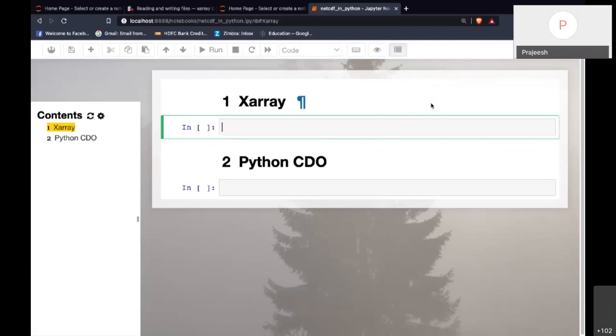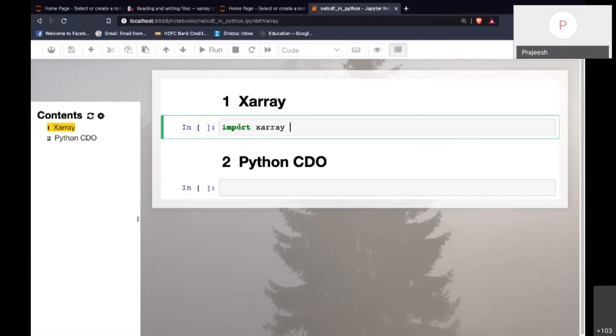So you can install Xarray by pip install. So in my system right now, I think I don't have Xarray. Let me check. So here I am importing Xarray.